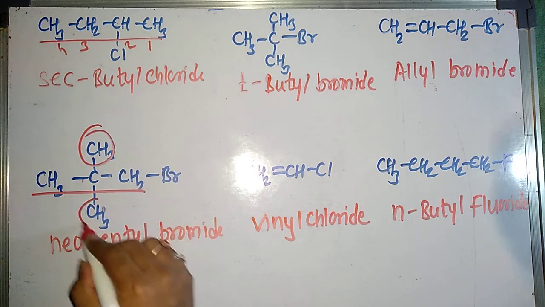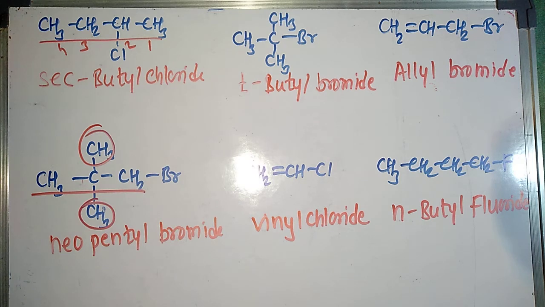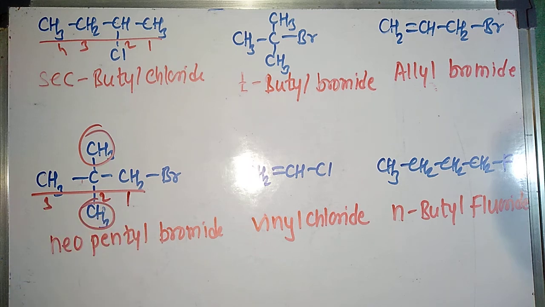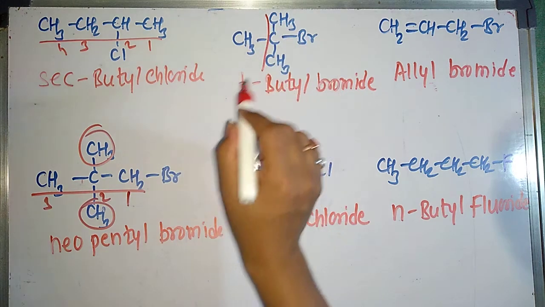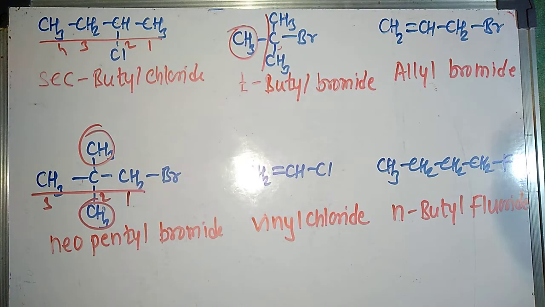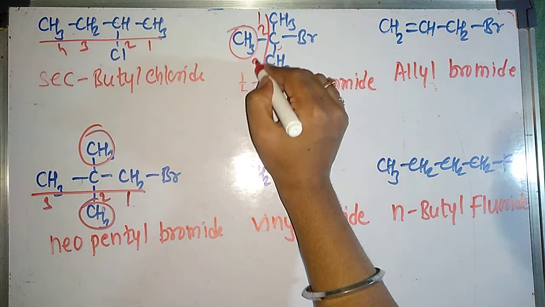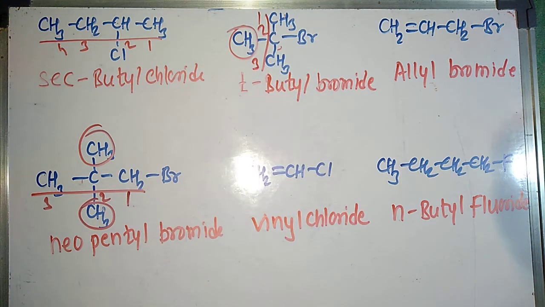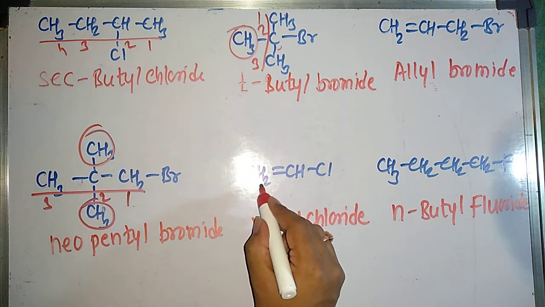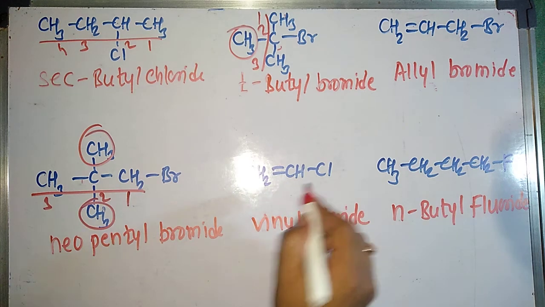Apart from the longest chain, we have extra branches which are called substituents. We will again start the numbering in such a way that the carbon atom bearing the halogen gets the lowest possible number. Again, I have this as a longest carbon chain, or this can be a longest chain. Apart from the longest chain, I have methyl as a substituent and halogen as a substituent. So numbering, I can start from the upper end of the chain or the lower end, because from both ends I get the halogen atom at the second position. Now in this case there is no need of numbering, as there are only 2 carbon atoms.